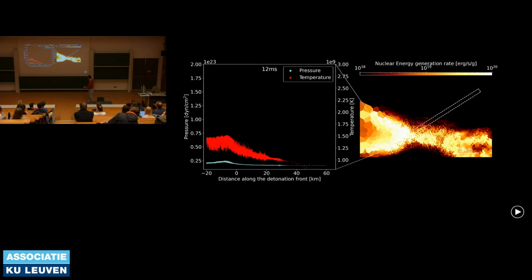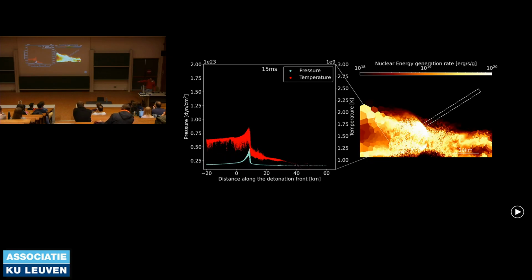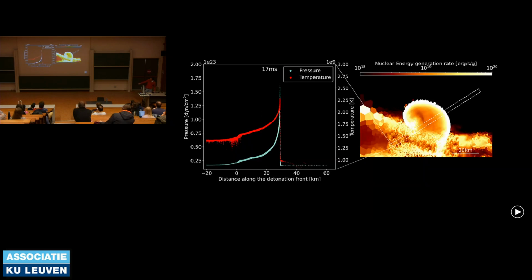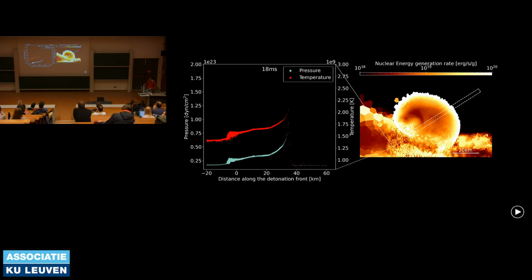As you can see, we have so many cells that we can have 1D profiles and compare how the transition takes place with 1D simulations, for example. So we can see how the pressure and density, this is pressure and temperature, how the profile steepens until it forms a detonation. And we can compare this to analytical and 1D models, which is what we are currently doing